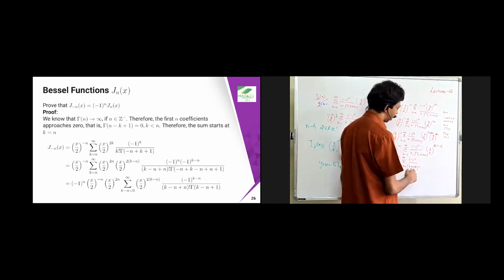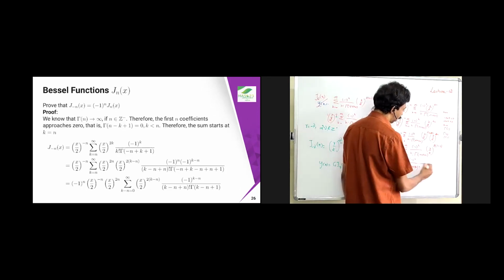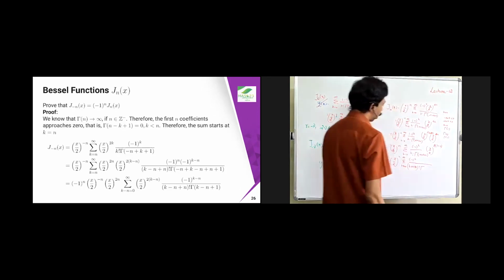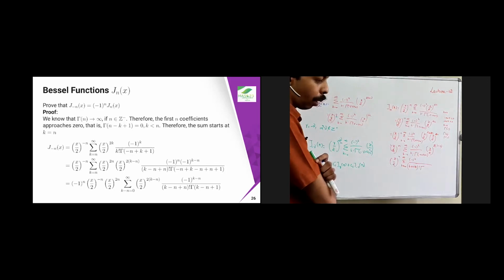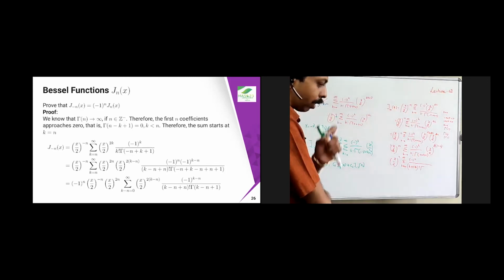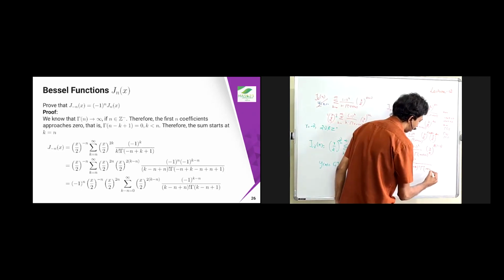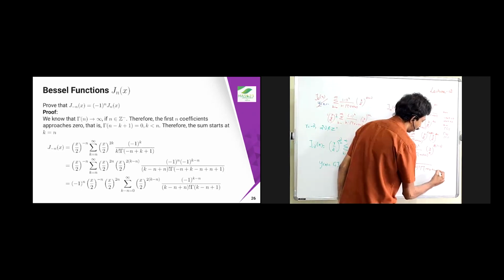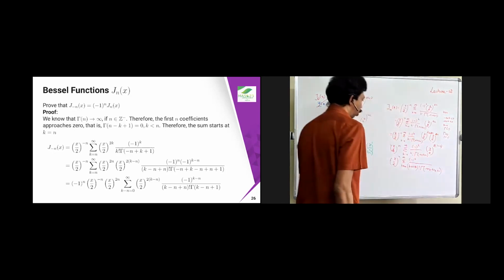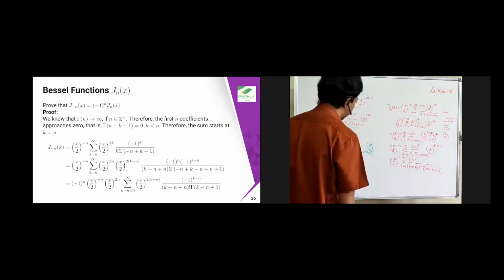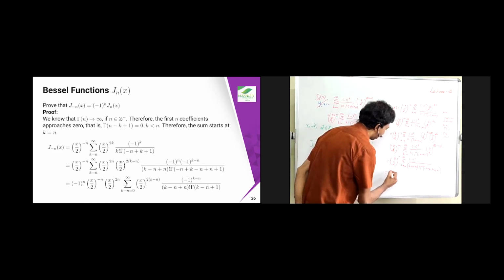Okay, (k minus n plus n) factorial, that is the same as k factorial into gamma of this. Also, I am going to do some subtraction: minus n plus k, so minus n plus k minus n plus n plus 1. So I'm going to simplify this further. So this I can write as (x by 2) power n